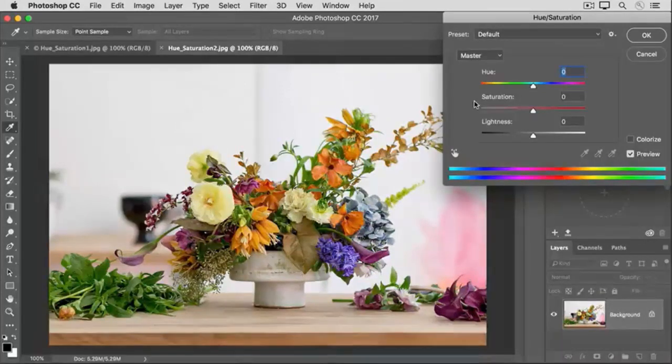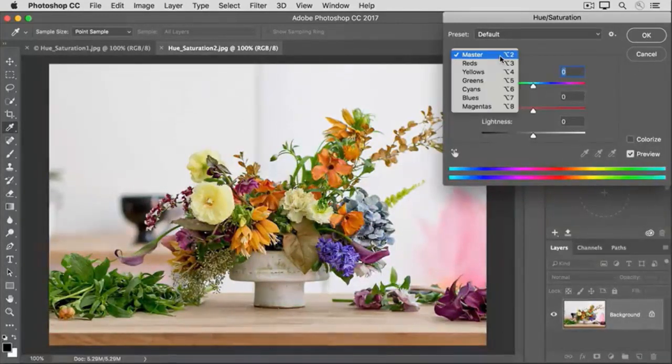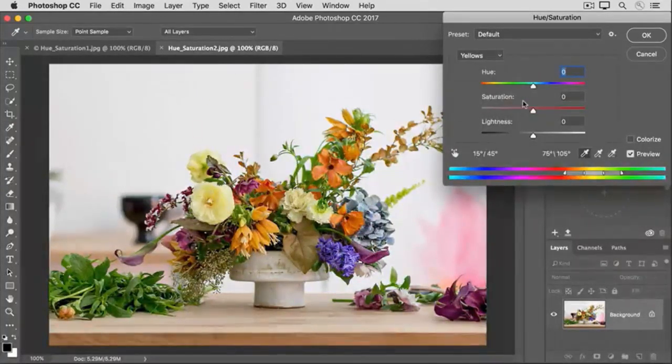But let's say that I just want to affect the saturation of the yellows in this image. To do that, I'll go to the menu labeled Master, and I'll choose one of the color ranges from that menu. I'm going to choose yellows. If I drag the saturation slider all the way to the right, you'll see that it's affecting all the yellows throughout the image. Or if I were to go all the way to the left, you can see that I'm lowering the color intensity of all the yellows. Not only the yellow flowers, but also some of the foliage too,